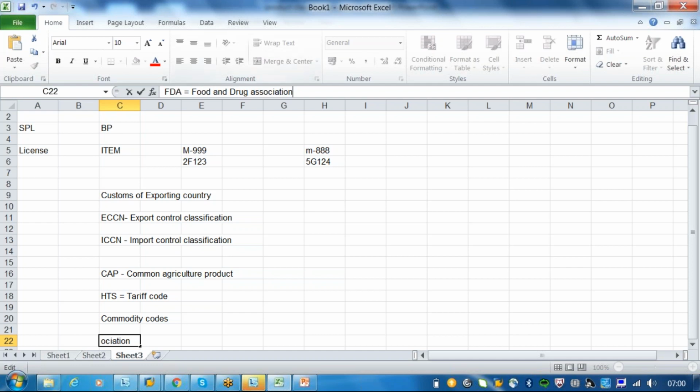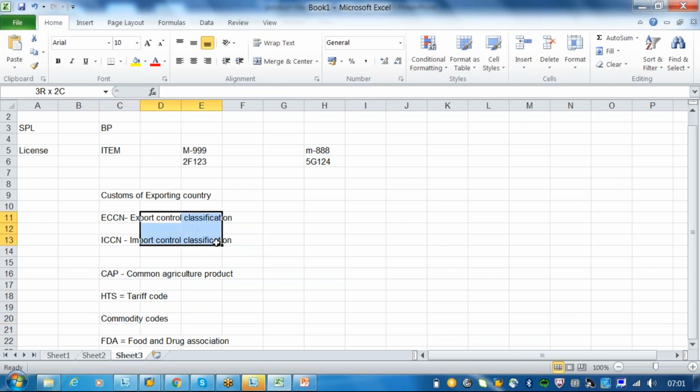So when you are exporting a material which is food and drug association, food materials or agriculture or any drug association materials, an FDA number has to be assigned. If you are importing any material, it's customs, so then it will be the SGS code. Exporting is the commodity code. So these two will be useful for license classification, and these two will be useful for customs declarations.